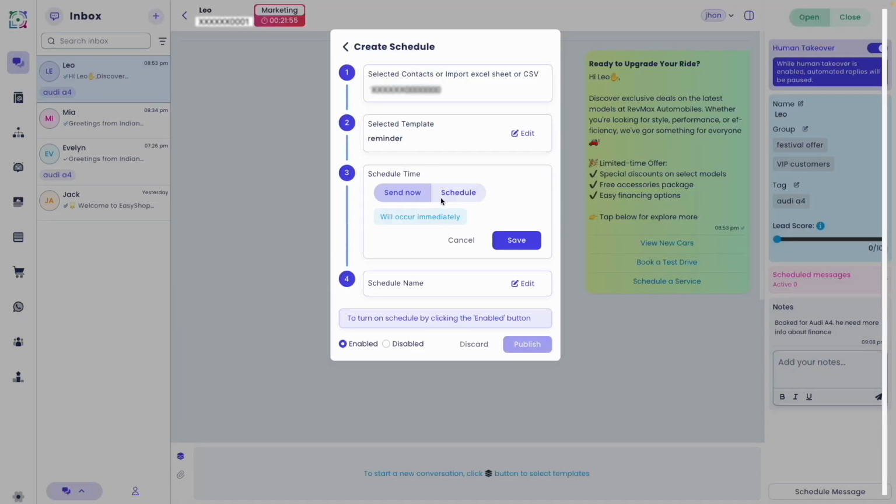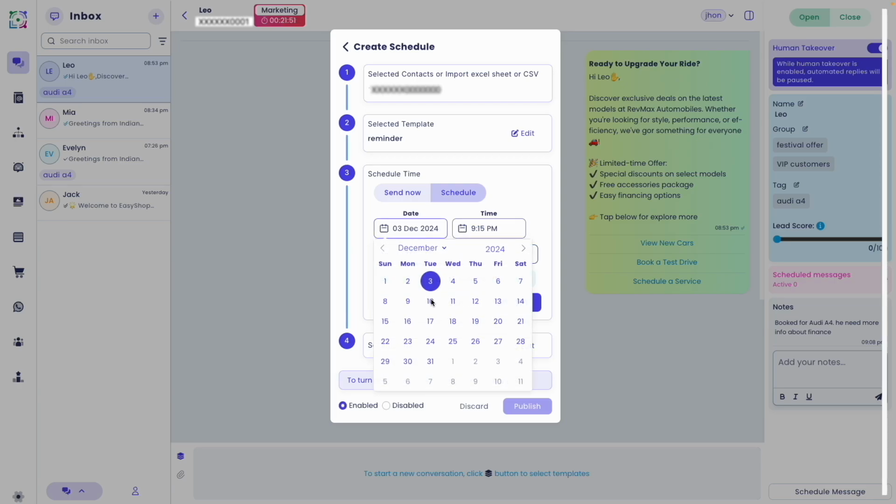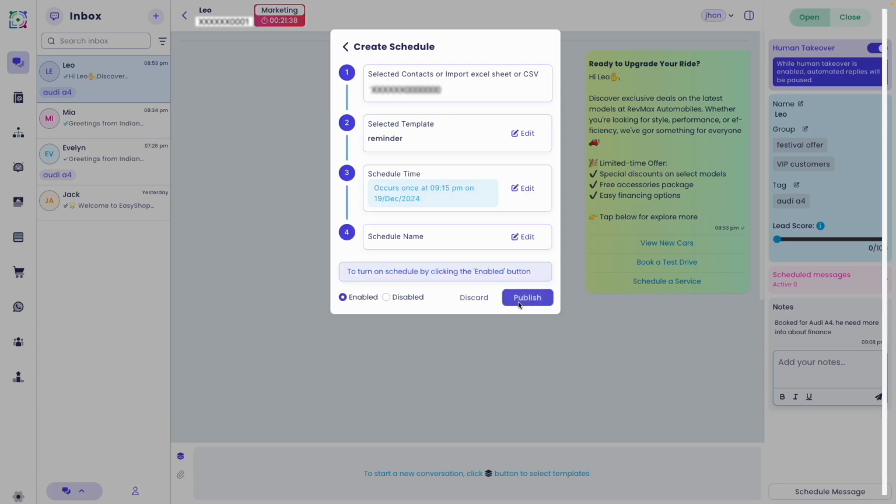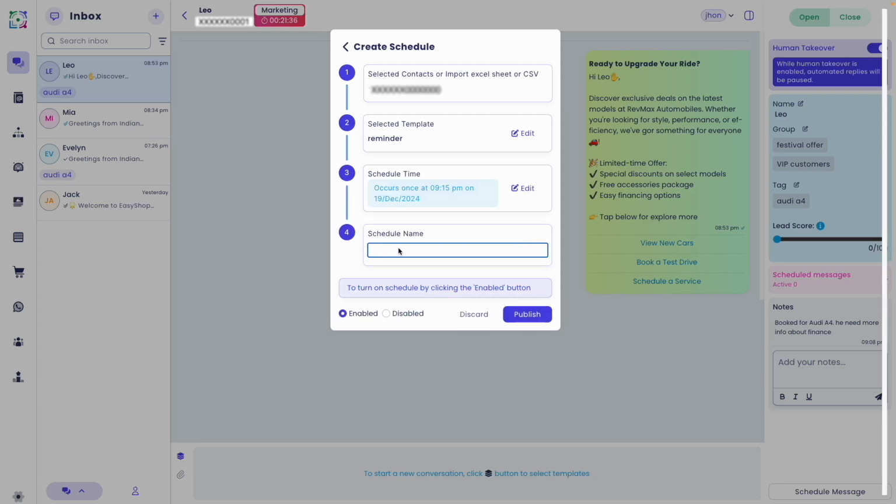It can be used for reminders, follow-ups, or updates. You can schedule messages for a one-time send or set recurring reminders. This helps businesses maintain timely and personalized communication with their customers. For example, if a customer books a doctor's appointment for the 20th of December, you can schedule a reminder message for one day before, on the 19th of December. This ensures the customer stays informed, doesn't miss their appointment, and feels well prepared.